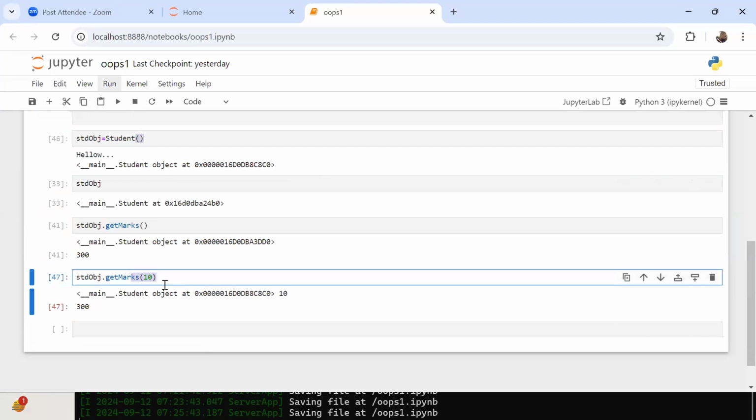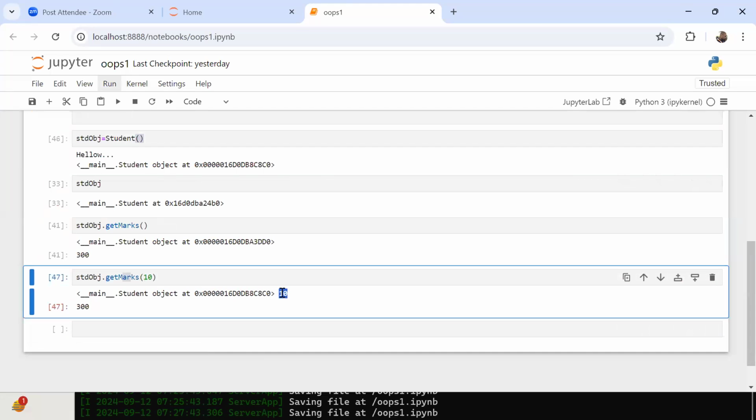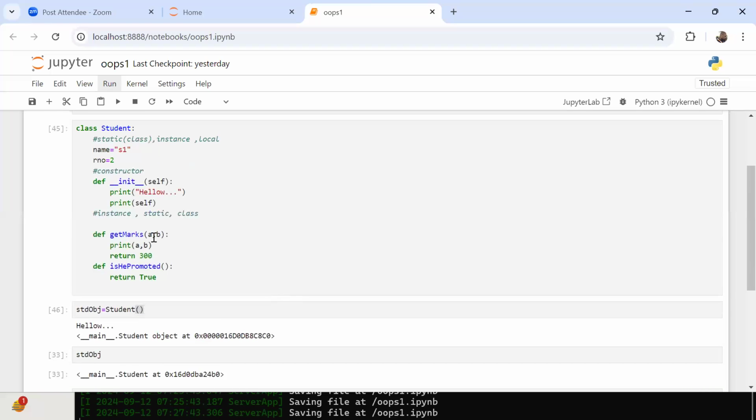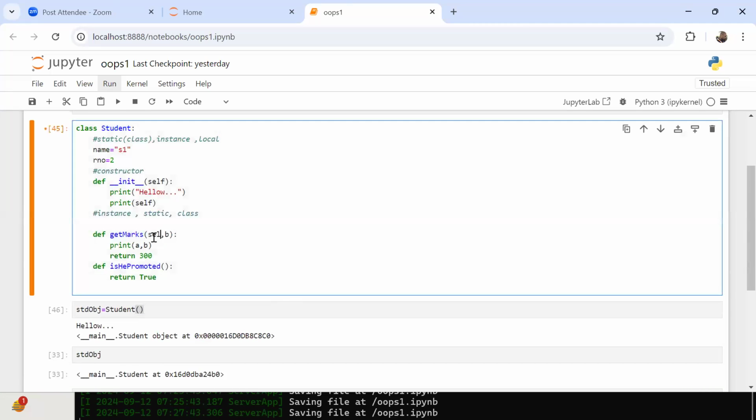Object. That is the Python argument, or not? Second one is your argument, or not? So my first one is always the Python argument, my current class object. My second one is my argument, that is the number. So can I write like this?